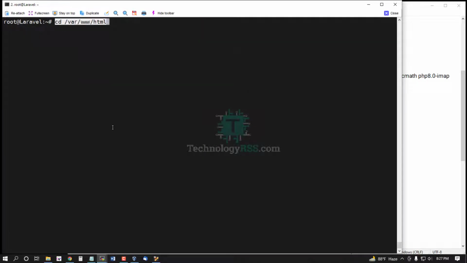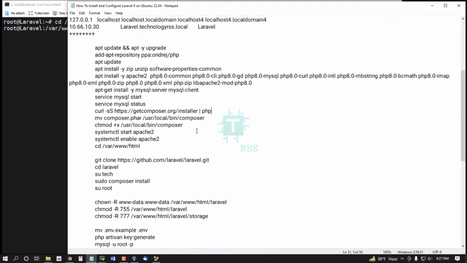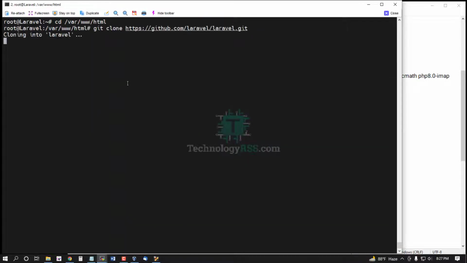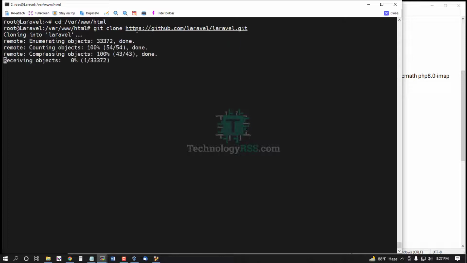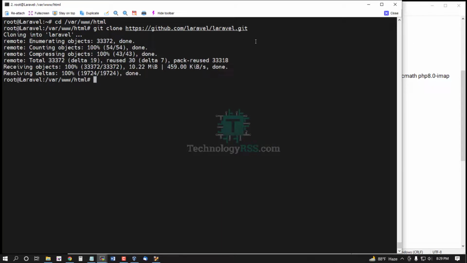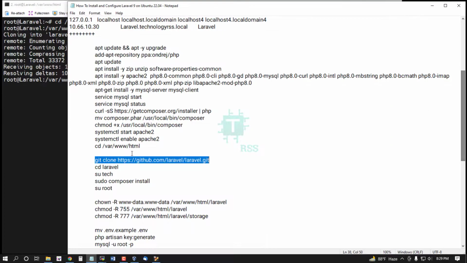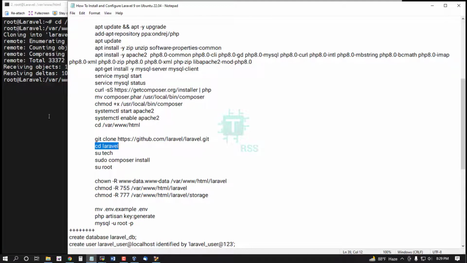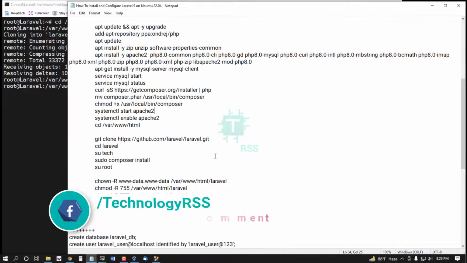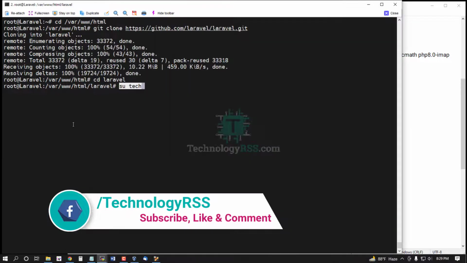Then go to your root directory, Laravel project directory, and then git clone the Laravel configuration file from github.com/laravel/laravel.git. Download done. Now going to the Laravel folder, and then